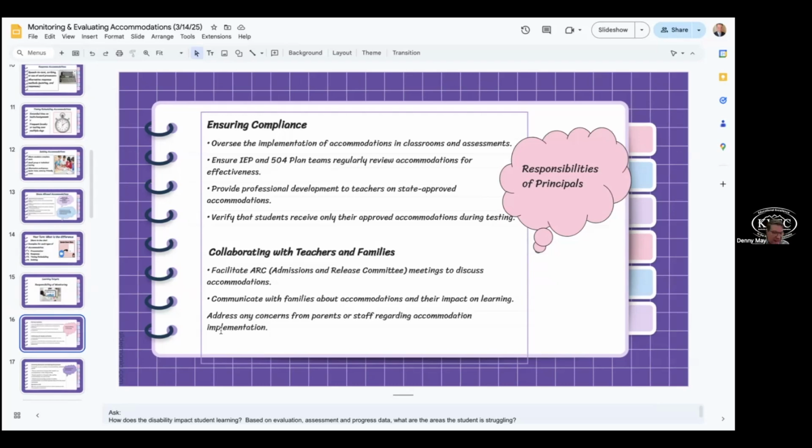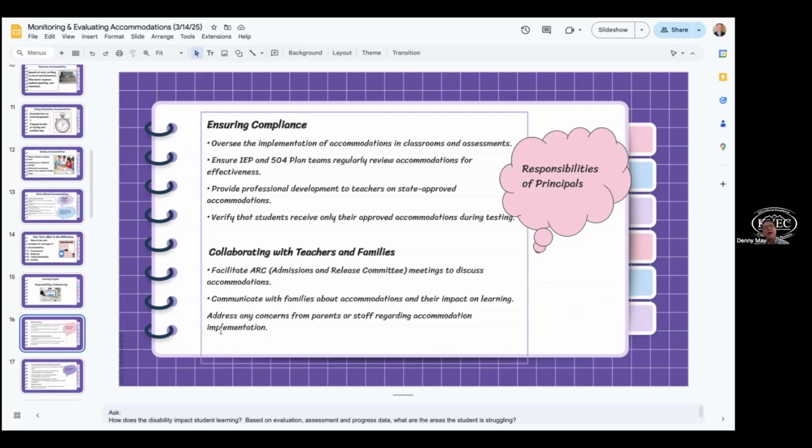We need more time with them. We need to look at some different ones. Those kinds of things are very, very useful, and they have their place. Sometimes when I train specially designed instruction, which is what students get when they have an IEP that's different from all the other instruction under SLL, including universal design for learning, differentiation, and tiered activities, I tend to think that sometimes maybe we're overdoing it a little bit, or maybe we need to rethink it, or maybe we need to have a plan to fade it away.